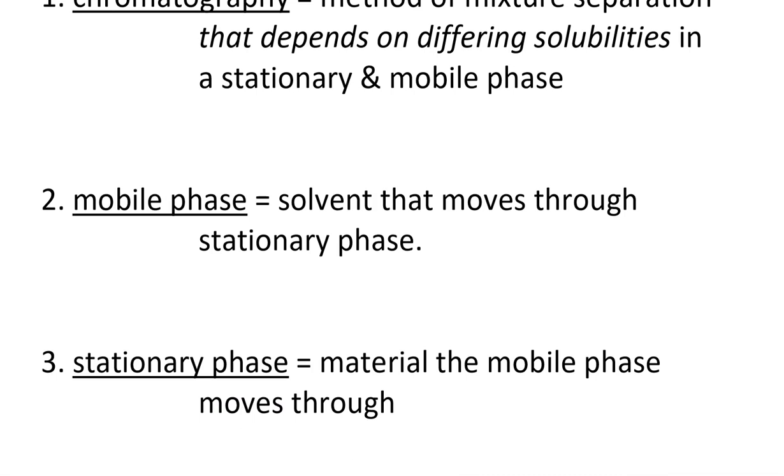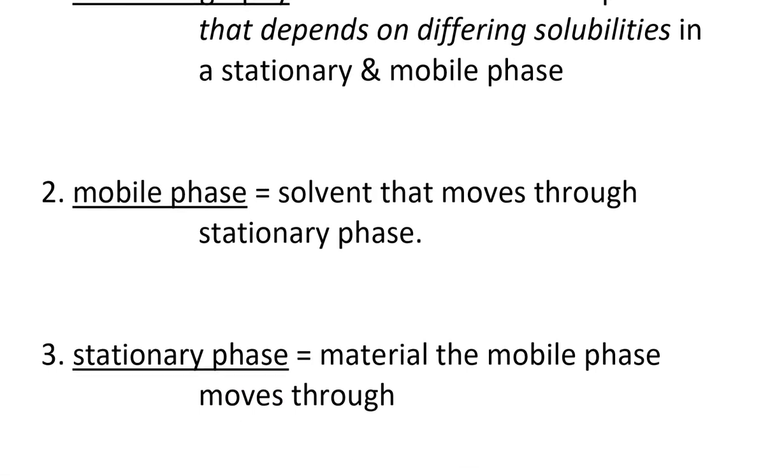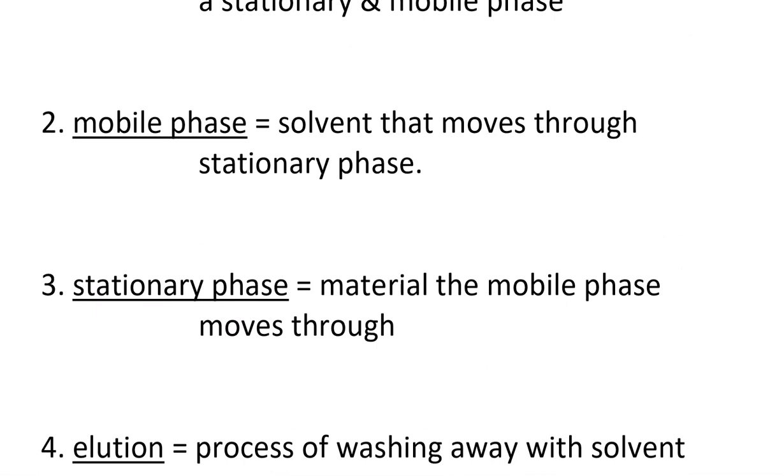It's something that can flow through the stationary phase. The stationary phase is something that's porous. You can think of it like a sponge, and you can imagine a sponge with air or water flowing through it slowly. In our experiment, our mobile phase is going to be a solution